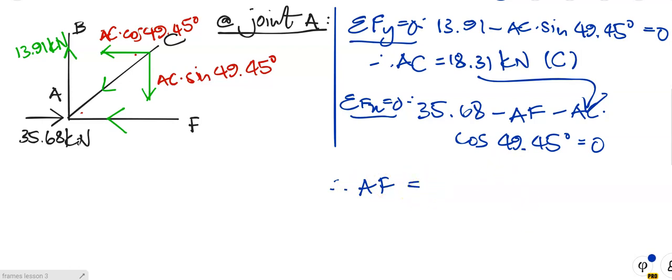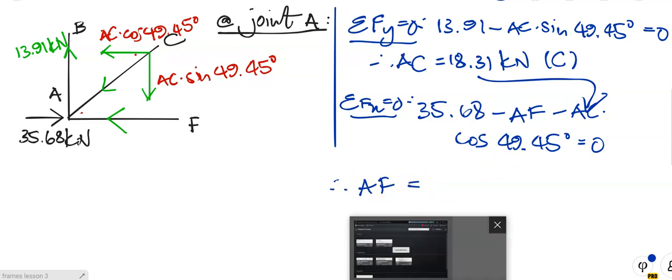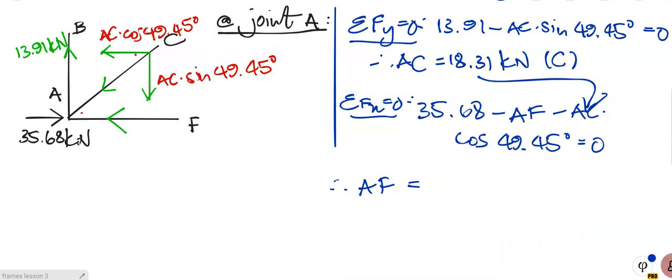Make AF the subject. And if you do the calculation, don't believe me, go back and check it out. AF is equal to 23.78 kilonewtons. And because my answer is positive, it means that AF is in fact in compression. Okay, so people, I've now finished members BC and BA from joint B, and I've now completed members AC and AF from joint A. Okay, all right, so now if I go back to my sketch,